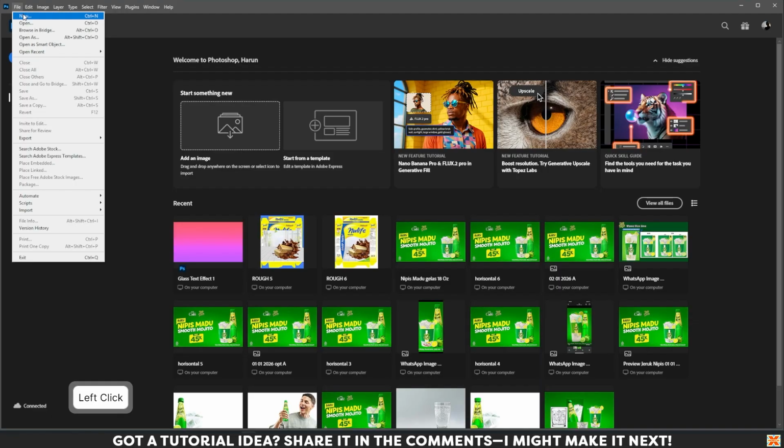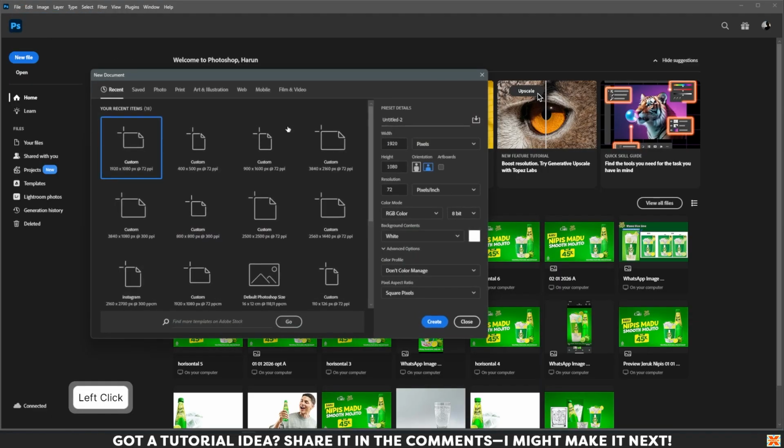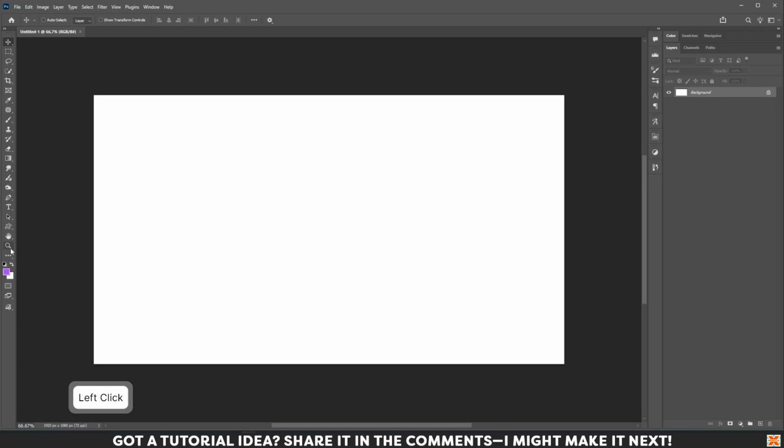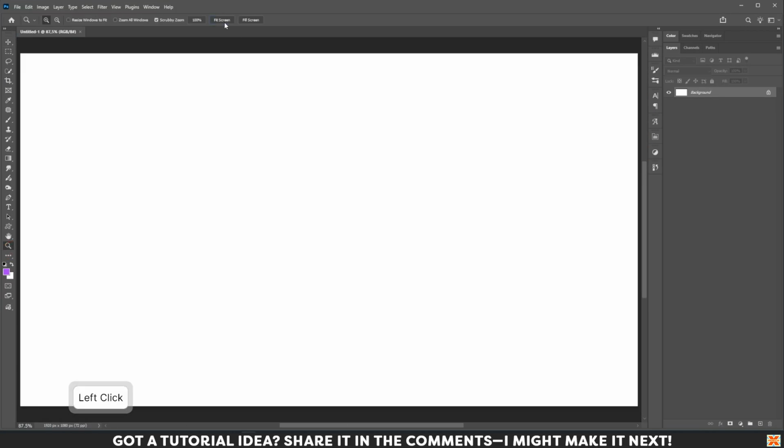First, make new file, the size whatever you want. Me, I choose this size. Create. Fill, Alt delete,